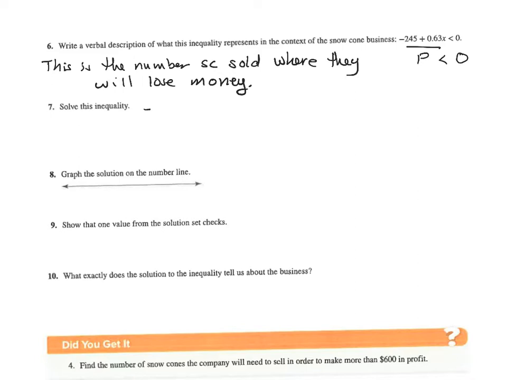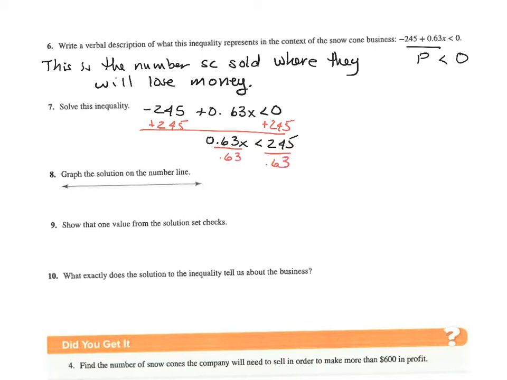Next, they want us to solve the inequality, so let me just jot this down real quickly. Okay, I'm going to go ahead and add this 245 to both sides. And that's going to yield 63/100 x is less than 245. Now let's go ahead and divide both sides by that 63/100. And we end up with x is less than, rounding to the nearest tenth,